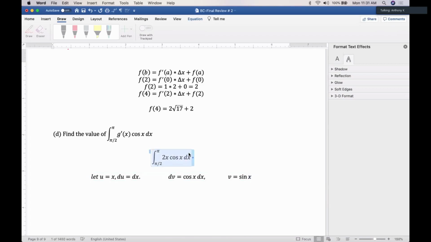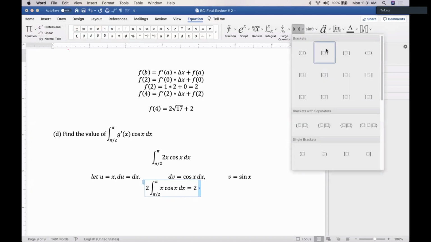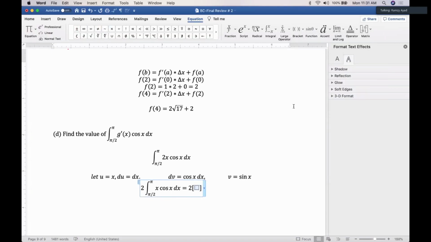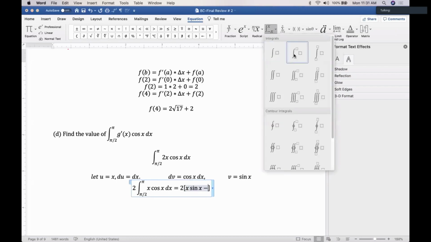Oh, okay. Why would I want to keep it? Here it is. This is the 2, and it's multiplied times whatever answer I got. So equal to, here's the 2, and here's the answer that I got. The answer that I got is uv, right? uv, which is x sine of x, right? Minus the integral